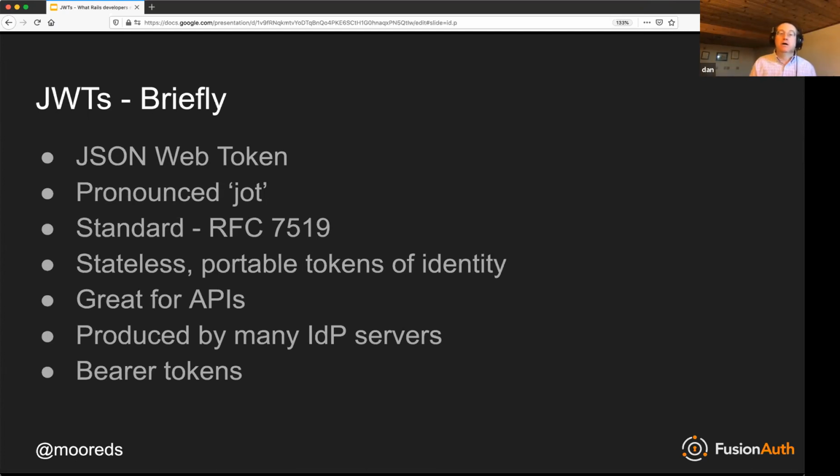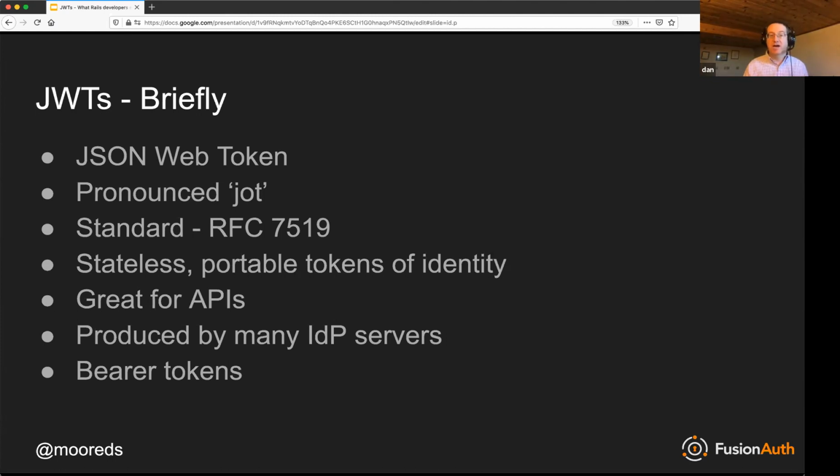So JWTs are JSON Web Tokens, and they are an IETF standard, good old RFC 7519, and they are stateless, portable tokens of identity. What that means is that you can know that this JWT represents some entity, and you can know who created it without ever talking to the creator.